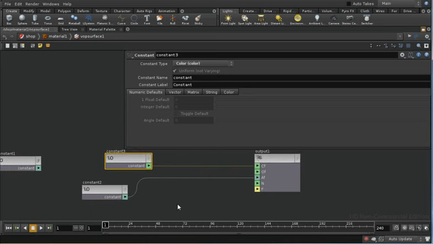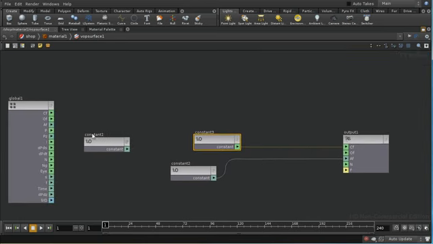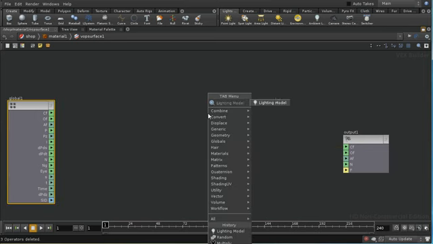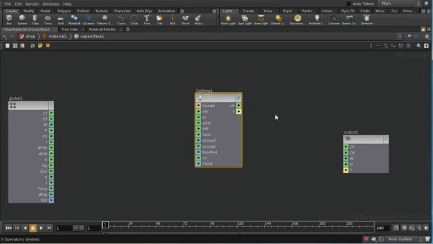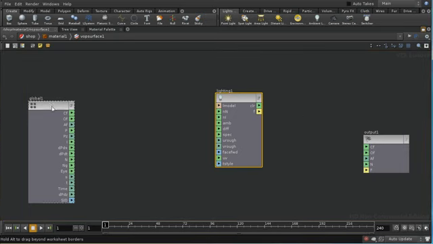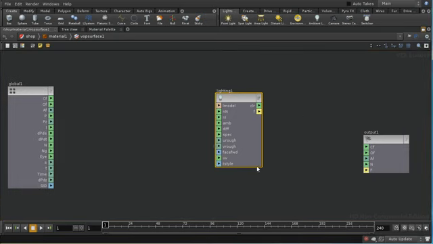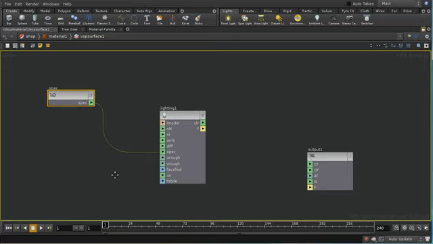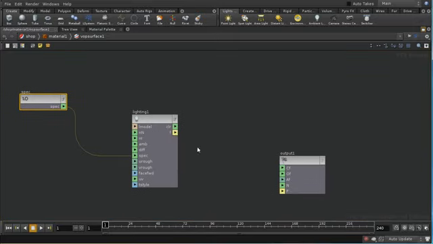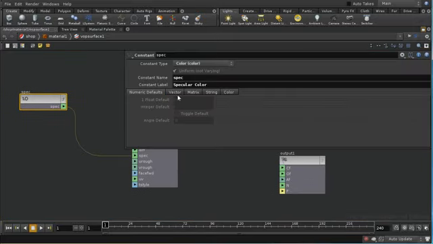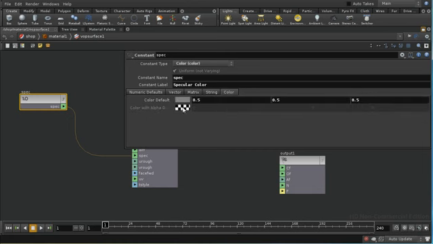Finally, a word about constants and parameters. Let's bring up a lighting node again as a good model. I can create constants for the inputs here. So let's do that. We middle click on an input and we can say create constant. And a constant is a way of inputting a value which we can set here. We can change this input value